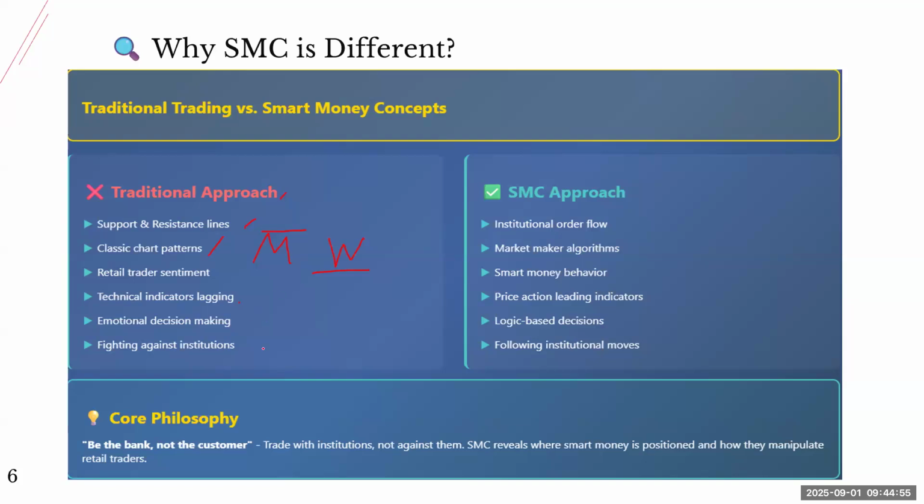Emotional decision making, some of the traders just purely base it on their emotion. Meaning that, let's say, this could be an M pattern. We know that, just for example, we're gonna sell whenever we see the M pattern, but maybe slightly above the M pattern there is the order block. Sometimes you might get stopped out here, price goes to the POI and then falls.